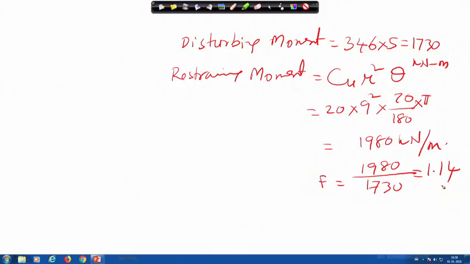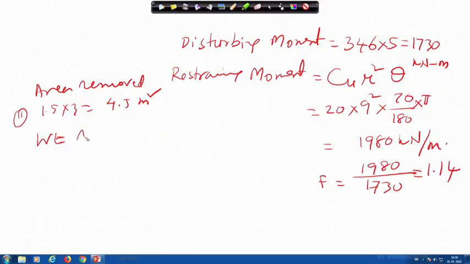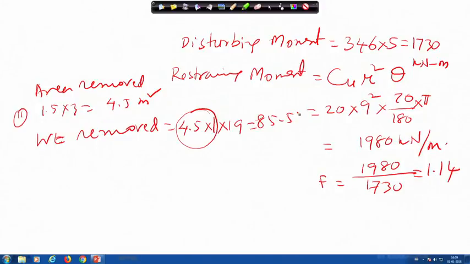Now you can see the second part, the area of the portion removed. The approximate area is 1.5 into 3, so the area removed will be 4.5 meter square. And then the weight removed, W removed, will be 4.5 into 1 unit width, multiplied by the unit weight of this soil. So, 4.5 into 1 is the volume, multiplied by the unit weight, that gives you 85.5 kilonewton. And the eccentricity of that mass will be equal to 3.3 plus 3.3 plus 1.5 by 2,